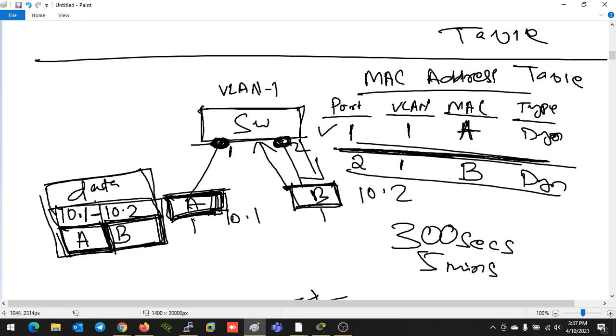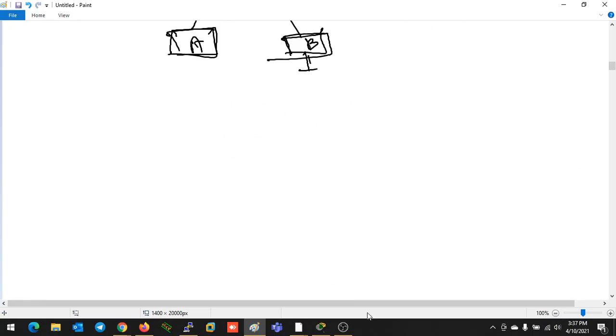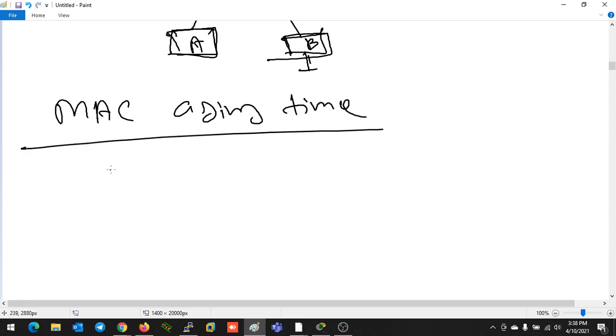If you want, you can change the MAC address table aging time. This is known as MAC address table aging time, or MAC aging time. So what is MAC aging time?